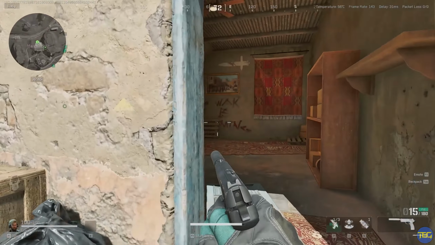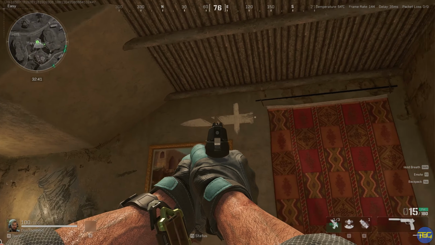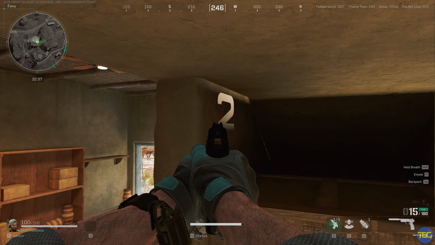But if you do want to find the numbers, then first just head inside the building. You can see a dagger with a dot pointing to the side here. You jump up into the corner and look behind you under the stairs, you can see the first number